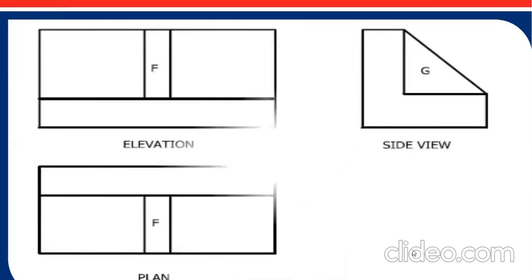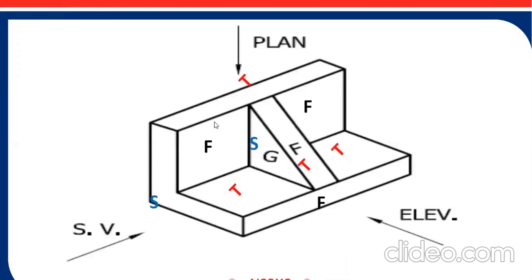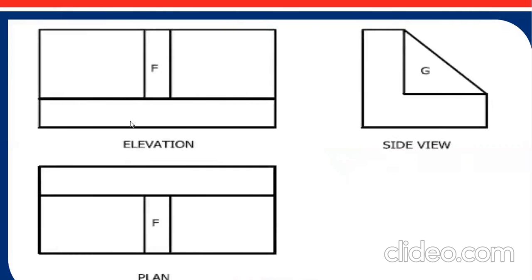Now the answer. In the front view we get this base plate, these two rectangles, and the wave. This is the base plate, and this is the rib portion. Then in case of the top view, this plate and the rib are also here, and this is the base plate. Then in side view, the L shape, and this is the rib. Front view, top view, and side view.